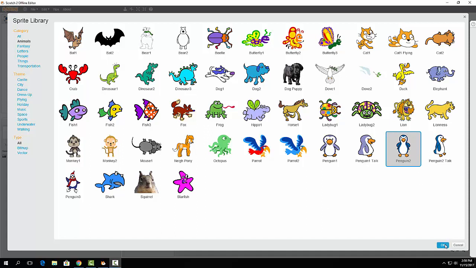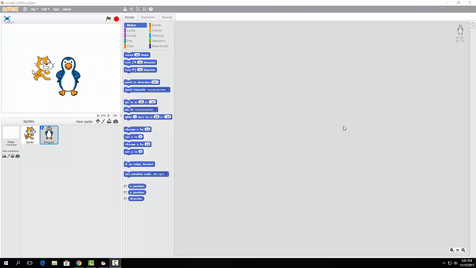on the OK button. So now I'm going to show you how to delete a sprite that you don't want to have in your program. So I'm going to delete this kitty cat. You'll see that the penguin has a blue line around it. That's the sprite that's currently selected. So I'm going to click on my cat sprite, and I'm going to right click, so I'm going to use the right mouse button to select this menu, and then I'm going to use my regular mouse button to delete